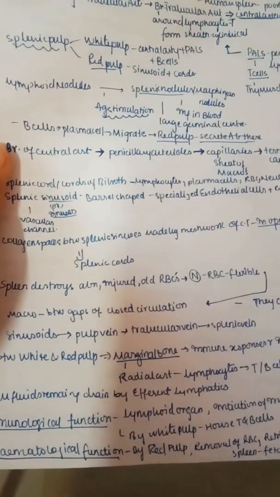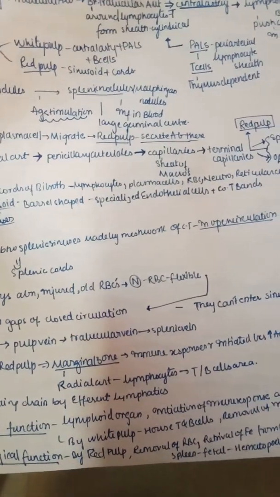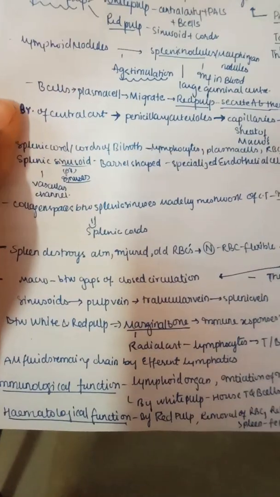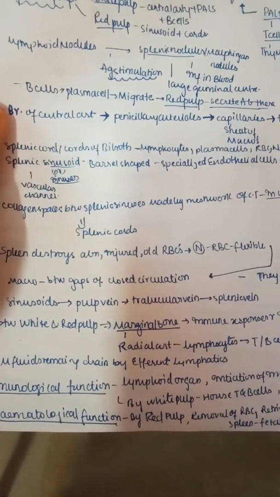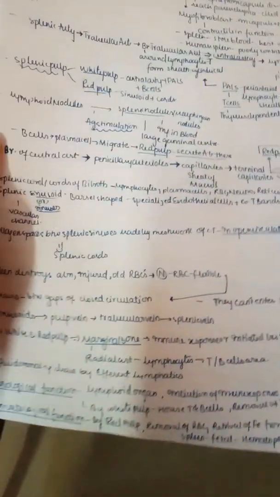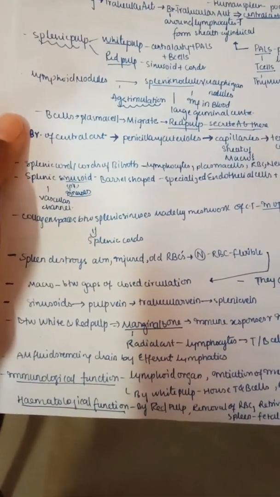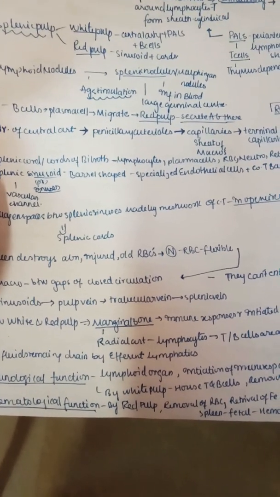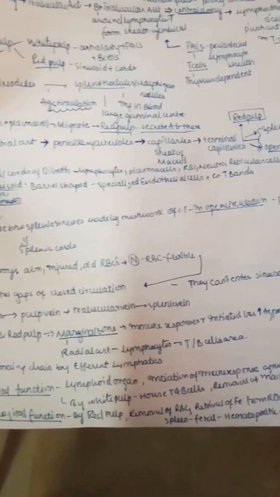So the splenic cords, or cords of Billroth, mainly contain lymphocytes, plasma cells, RBCs, neutrophils and also reticular cells. The splenic sinusoids, or sinuses, are vascular channels that look barrel shaped, and they have specialized endothelial cells and also connective tissue bands around them like a barrel. The spaces present between the splenic sinuses are made of a meshwork of connective tissue and